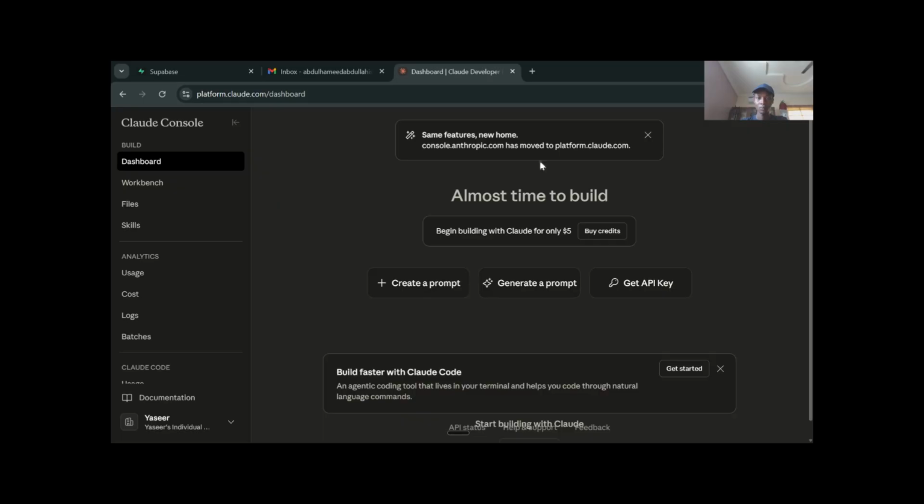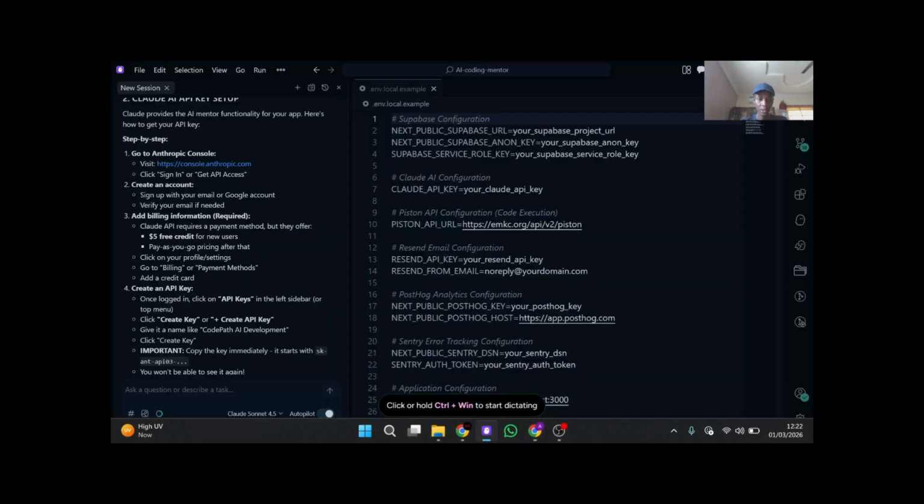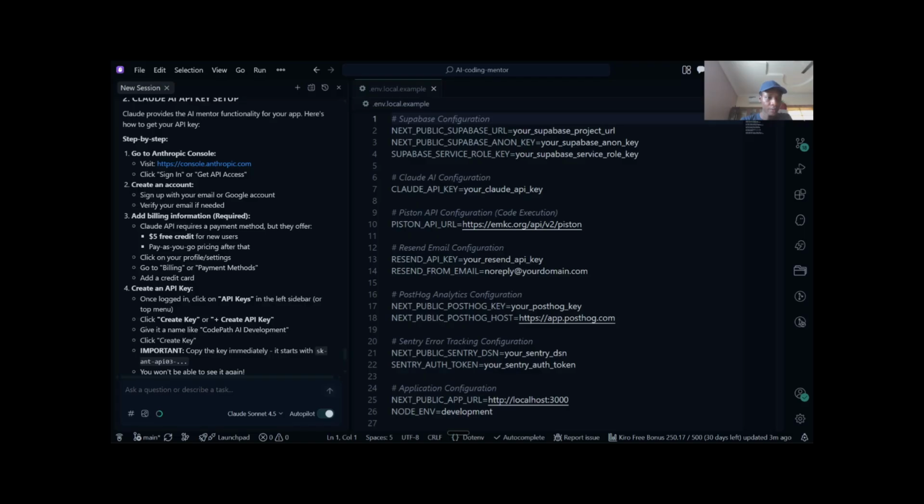I'm going to be choosing individual. So after creating an account, what does it say? It says create an account, verify email if needed, add billing information required, but they offer $5. So for this option, you need to add your credit card, and they are not going to charge you. They are just going to verify your payment method so that they can give you a trial of free dollars worth of credit. So I do understand if you don't want to input your credit details, you can use any other